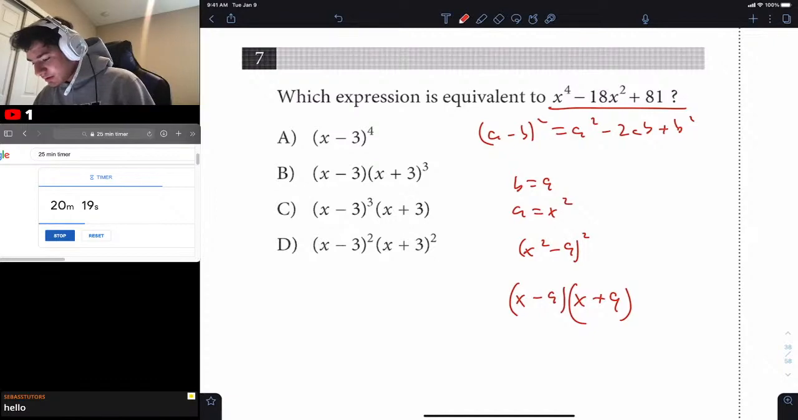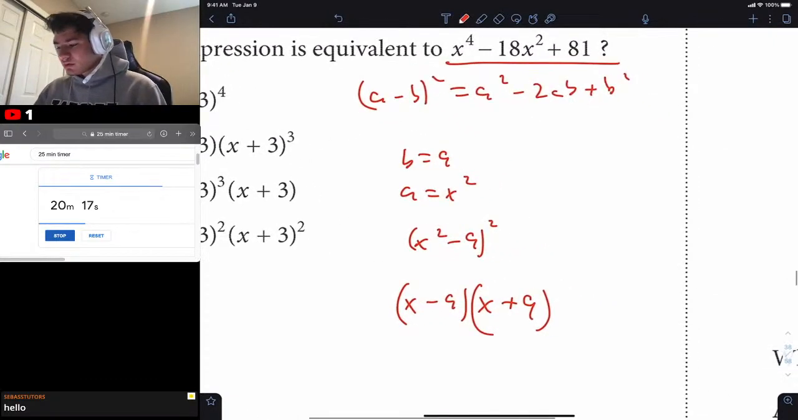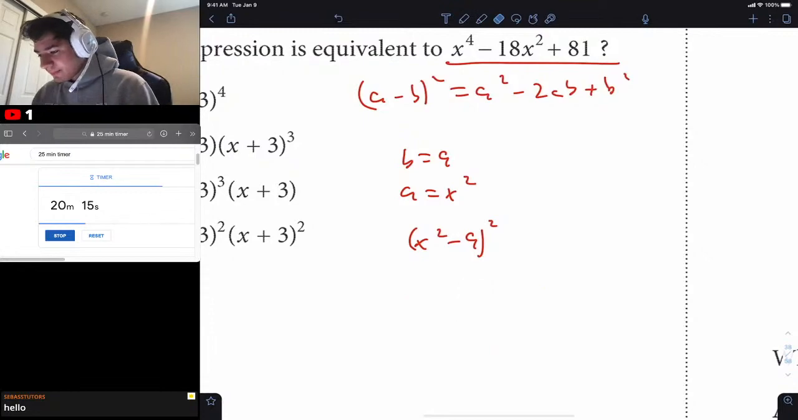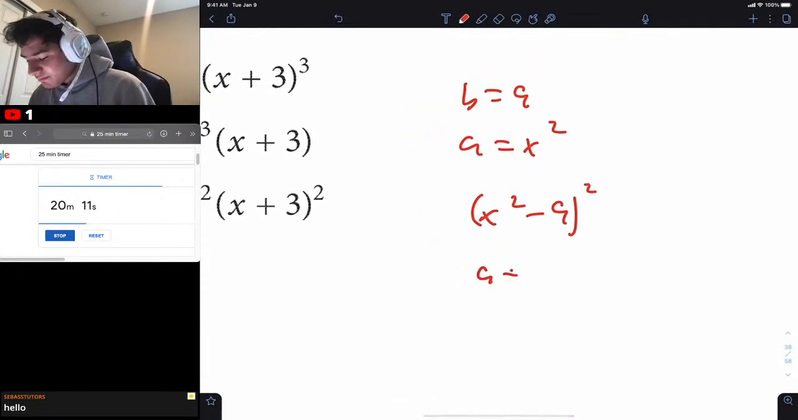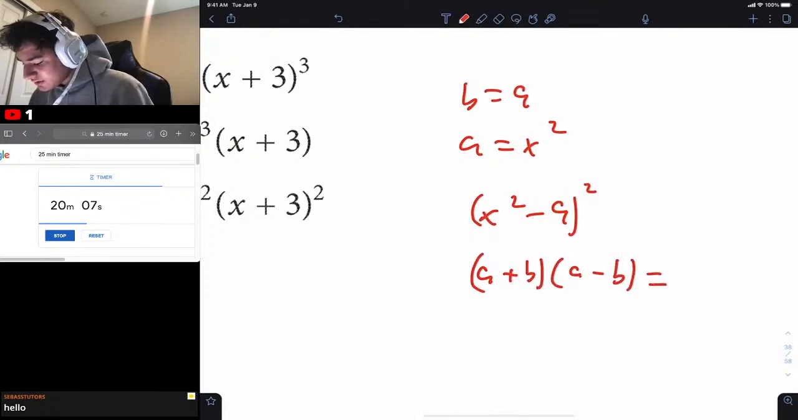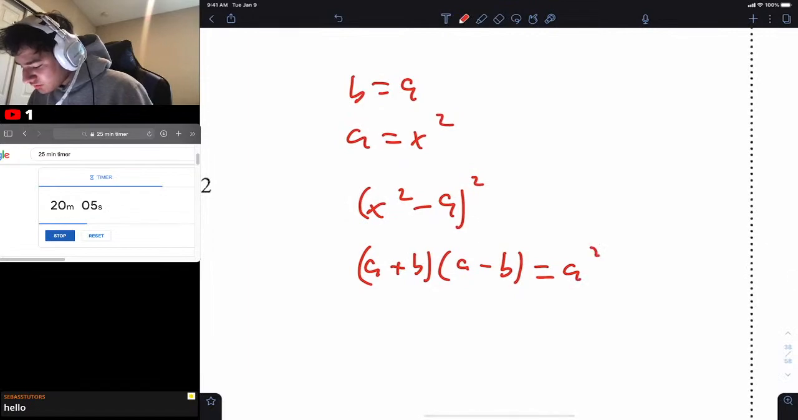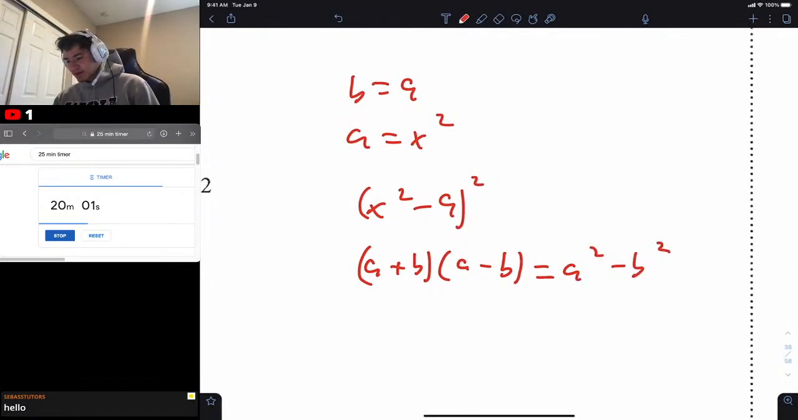Let me think here. Ooh, hold on. No, I think I messed that up. Let me do that again. Okay, so we're here, right? And then we know that (a plus b) times (a minus b) is equal to a squared minus b squared, okay? In this case,